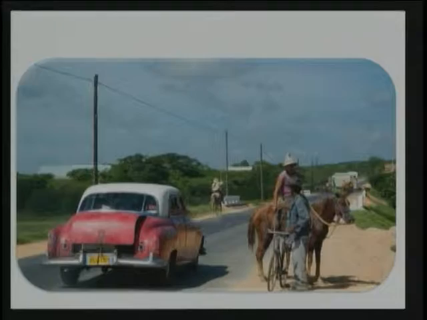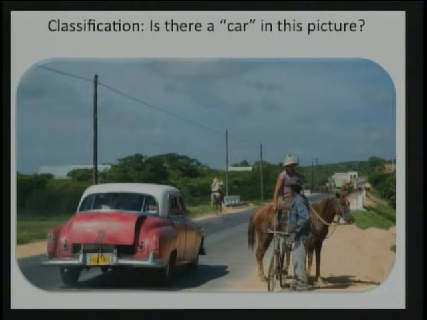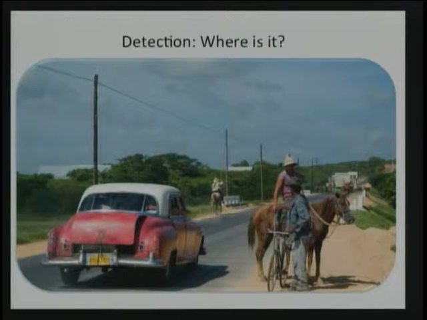So in modern recognition, there are basically two important questions that we're dealing with. Sometimes we're interested in knowing if an example of a specific category appears in an image. So we ask questions like, is there a car in this picture? And the answer would be yes or no. And if so, sometimes we ask, where is it? And that we call the detection task.